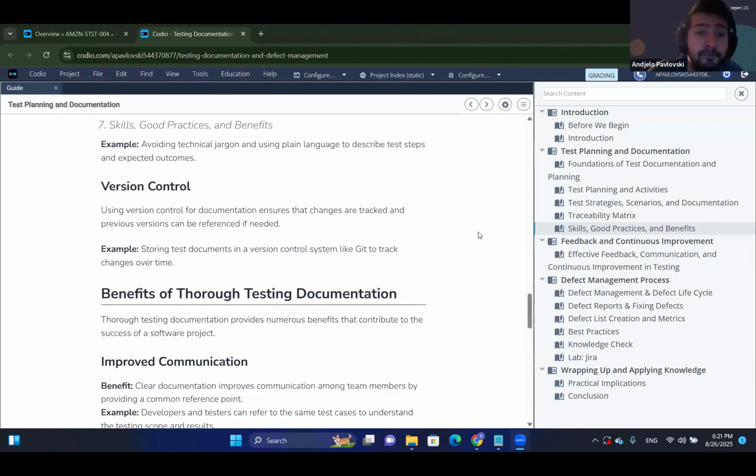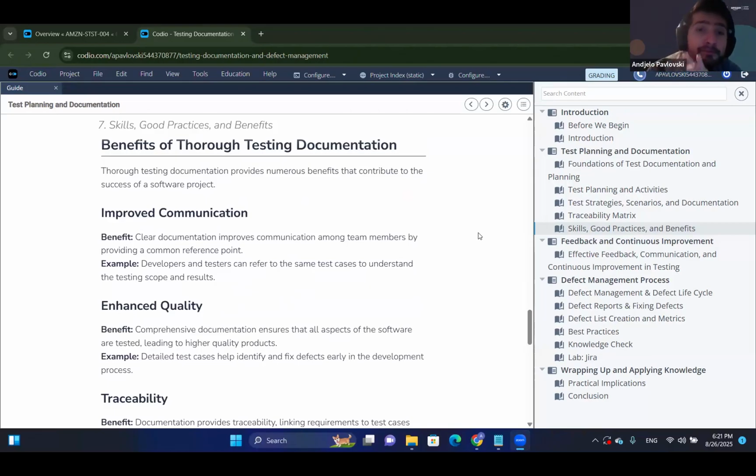Now, once you have applied all your skills and main practices, what are the benefits that you can expect? Well, one of them, improved communication. So you would definitely have a clear communication between the team members because you will all have, in a way, a single reference point. So once everybody is on the same page,